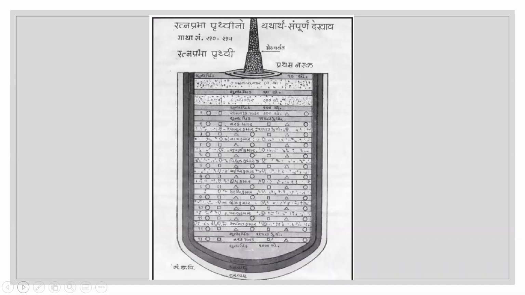So in the last class, we were seeing the very detailed structure of the first Narkavas. I'll just briefly go over that. Let me use the laser pointer. So we saw that there is a Meru Parvat, and below the Meru Parvat, there is a Sunya Pind. Sunya Pind is empty space for 10 yojans. And below Sunya Pind is a Vyanvantar Devta up till 80 yojans.